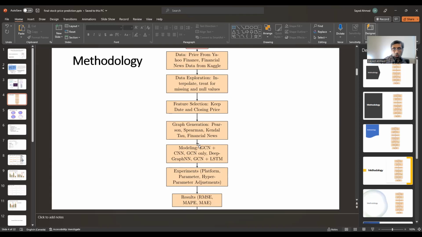So for modeling experiments, in my case, what are the variations? Different models are different experiments. The experimental setup platform comes under experimental setup. So far I'm running on my laptop.